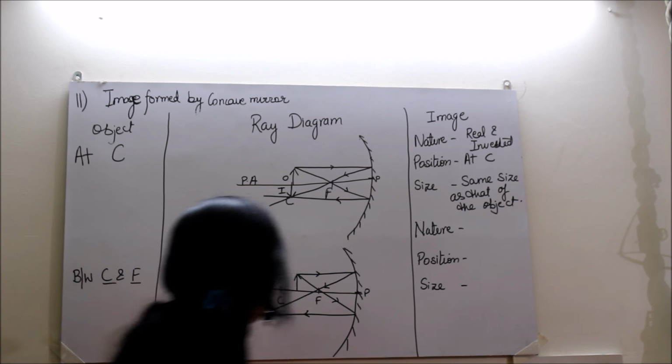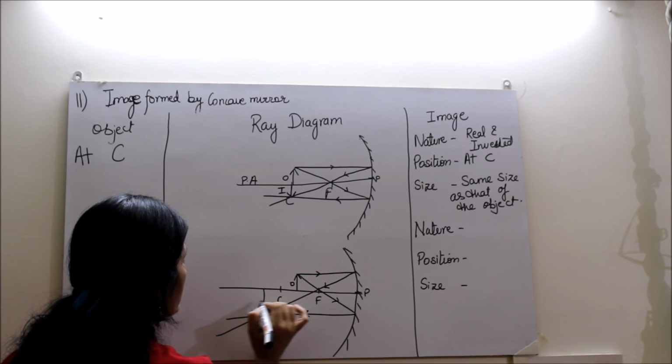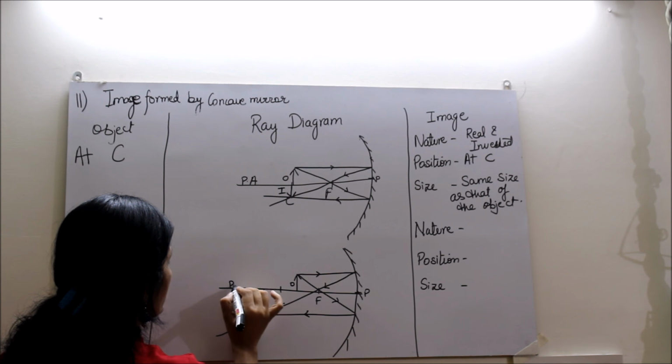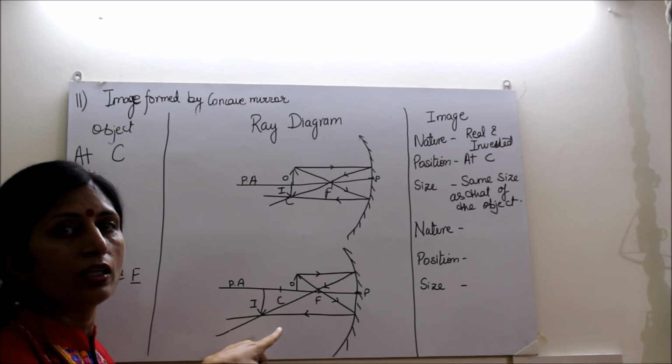And now wherever these two reflected rays are meeting, we'll draw the diagram there. So hence you can see here, this is the object, this is the image, and it is below the principal axis. So that is why